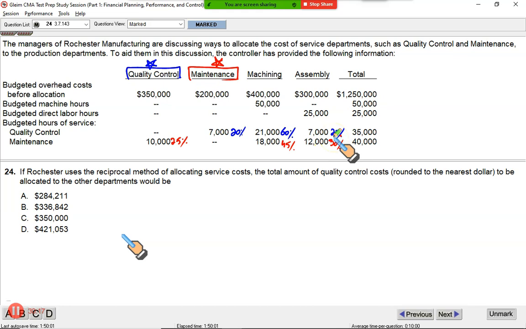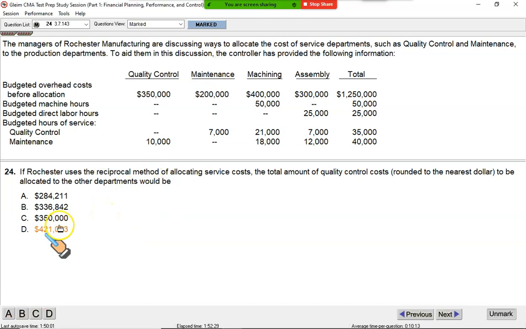I am telling you, the reciprocal method has not been tested on the exam so far in the last 12 years of FTC's history, but I believe in thorough studies, so we must not skip this method. It will be long, it will be complex, but try to understand. If it comes on the exam, you should be able to manage. Now, gentlemen, I'm going to construct a simultaneous equation, and I need your 100% focus.